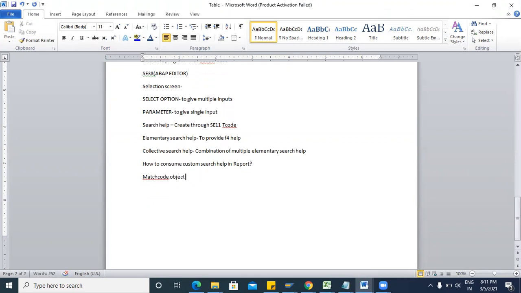We can declare the match code object keyword. We can declare a custom search help in the custom report.